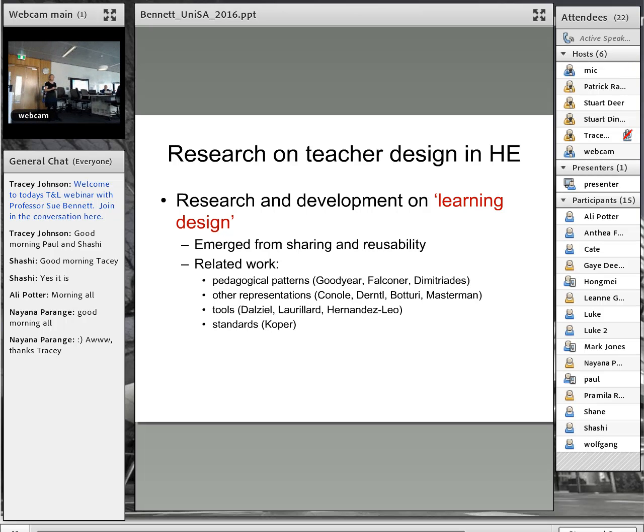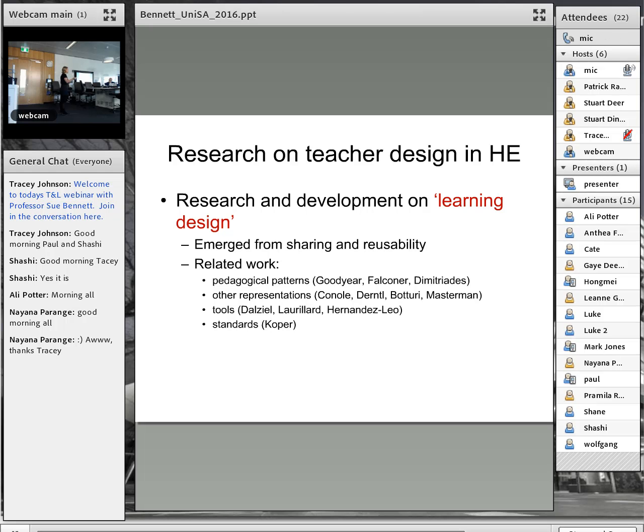So there's been a lot of work in this area, and I would say, and I don't think any of my colleagues would disagree with me, that a lot of this has been development work rather than research. One of the challenges with development work is we're often presupposing a lot of things about the context, and that's the basis for our action.